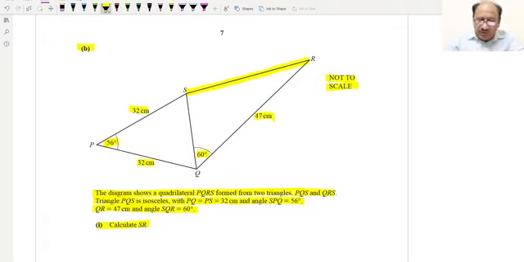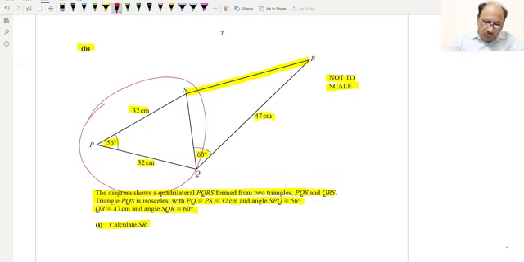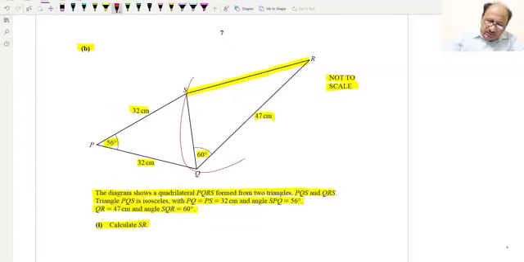When you are having joint or combined triangles, you will have to start with the triangle which is having maximum information. If we check, triangle PQS has more information: two sides and one angle are given, whereas the other triangle has just one side and one angle. So try to use PSQ. This will be the easier technique to solve. So we have to find basically